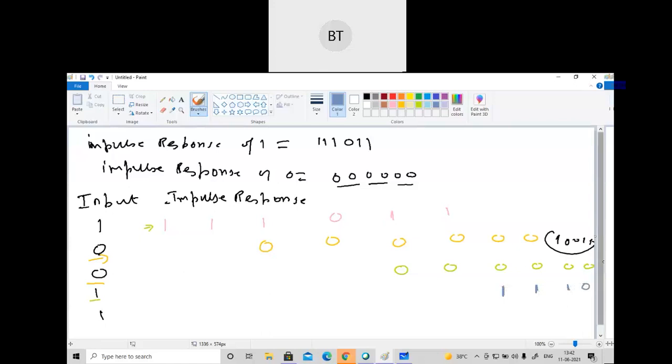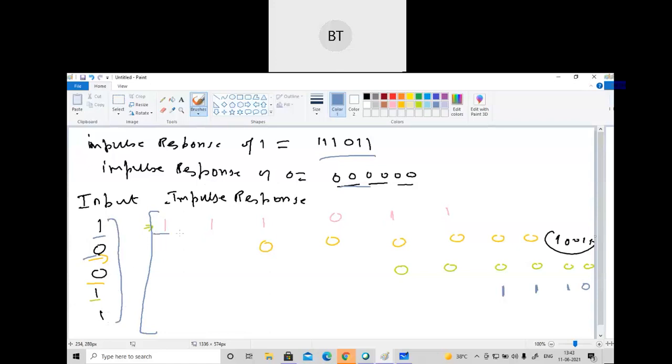So complete this table and do the XOR operation. You will get the final bits. I'll tell you in the next session why I have done the bit shifting. So what is your task? You have to complete this table by shifting 2 bits. The value of 1 and the value of 0 are already known to you. What I have told you, the value of 1 is this, the value of 0 is this. So complete this table by shifting 2 bits and do the XOR operation.